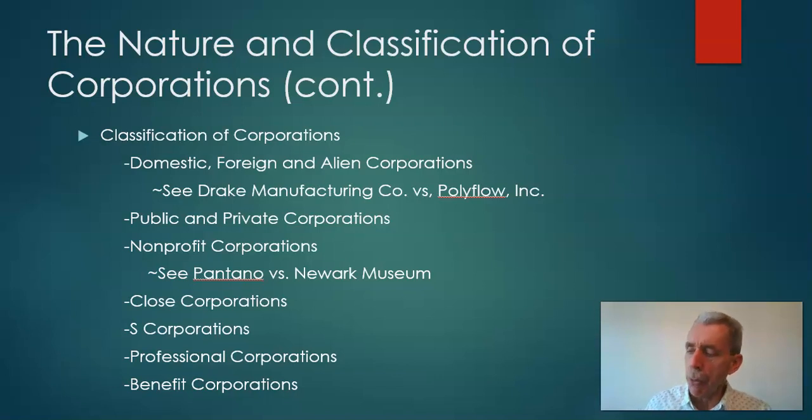So a good summary of these various types of classifications of corporations that I covered at the beginning of this segment and the tail end of the last segment is summarized on page 749. Great study tool. You'll want to look at that chart so you get an understanding of the various types of classifications of corporations. So there you go.